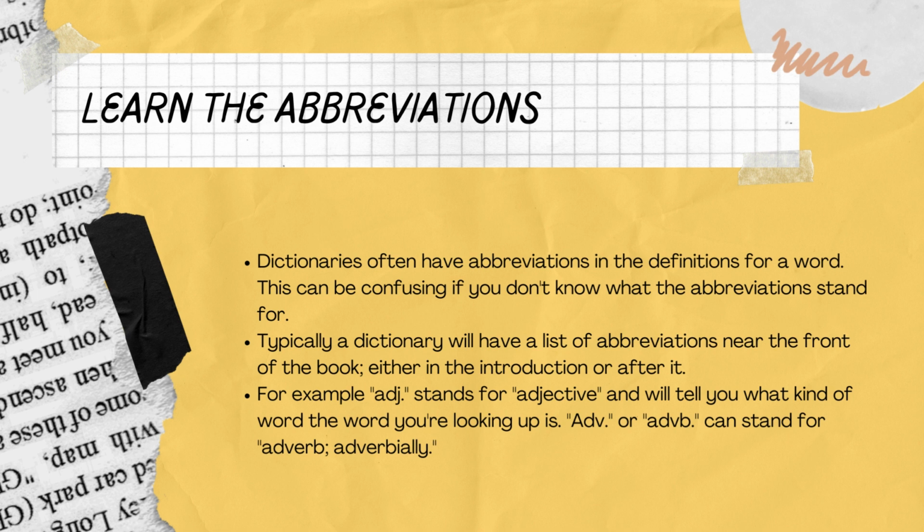So, for example, ADJ stands for adjective, and will tell you what kind of word the word you're looking up is. For example, you look for happy, and then it has this abbreviation, so you know happy is an adjective. ADV or ADVB can stand for adverb or adverbially. Okay,